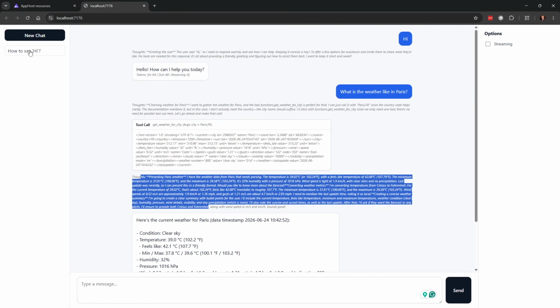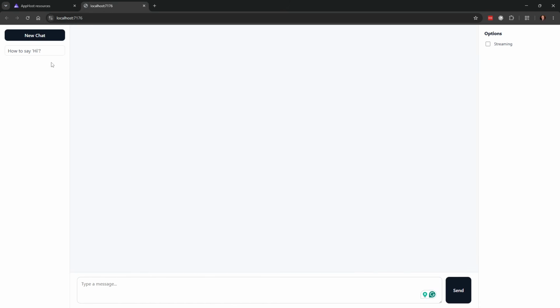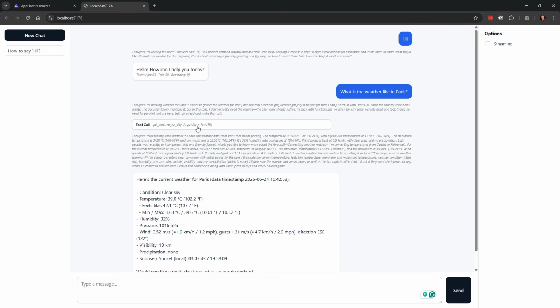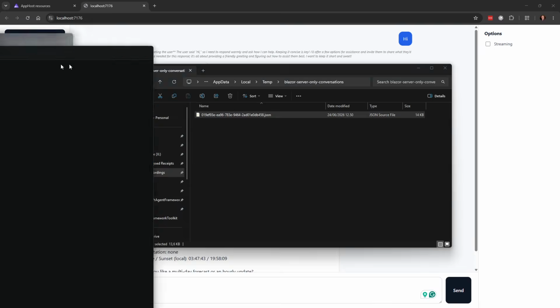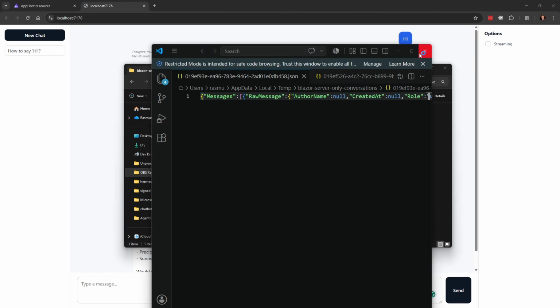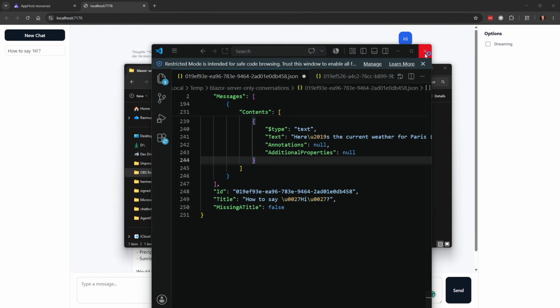And everything is stored over here, so we can switch, go back, and see everything as this is stored. So right now this is stored down in file, with a JSON for each one of these conversations. We can see that conversation here, but we'll go more into this in details in the conversation video.